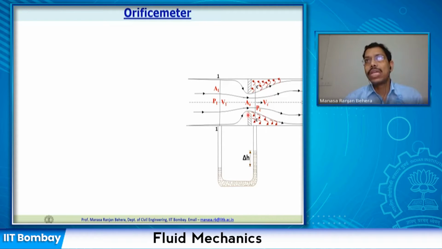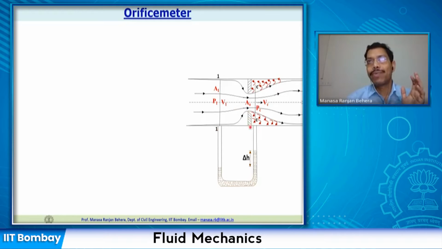So it is only pointed on this side, and on this side it is slanted. So the flow is going to converge and then it will diverge on the downstream side. All right. So here, let us assume this is section 1, where our flow is not disturbed or has not started converging. The flow coming through the pipe is not disturbed by the orifice meter at section 1. So that's our section 1.